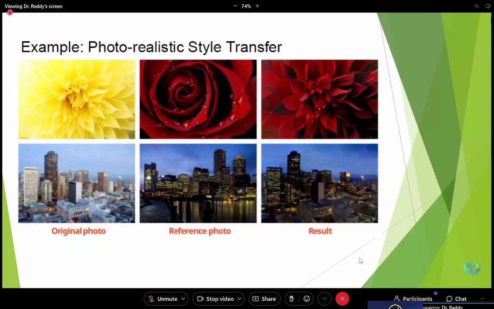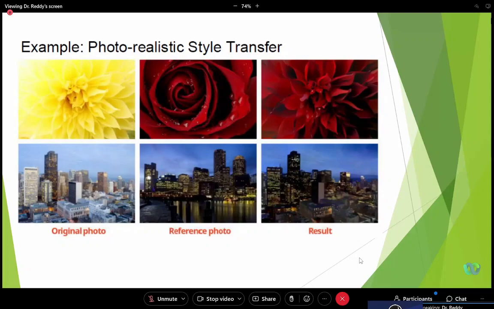It's also the water transfer, sir. No, that is not done. But now I'm going to ask a question. Here, if the color of the flower in the first image is maybe yellow, and the second one is maybe maroon or red, now the color I have transferred. Similarly, for any style, when some image is a reference image, from the reference image I can transfer any style that exists in it. Now here, what is the style I transferred? Color. Similarly, I can transfer any other feature or any other style.